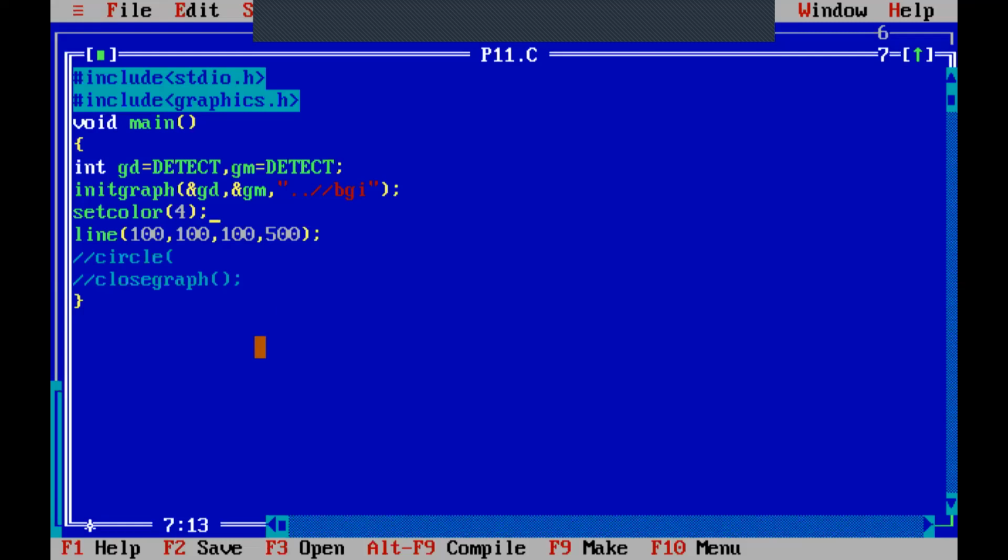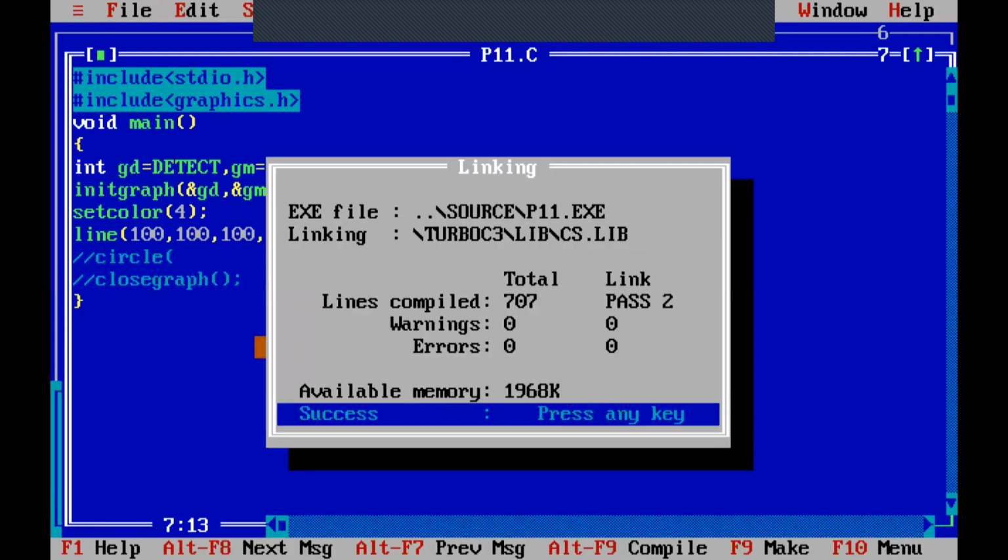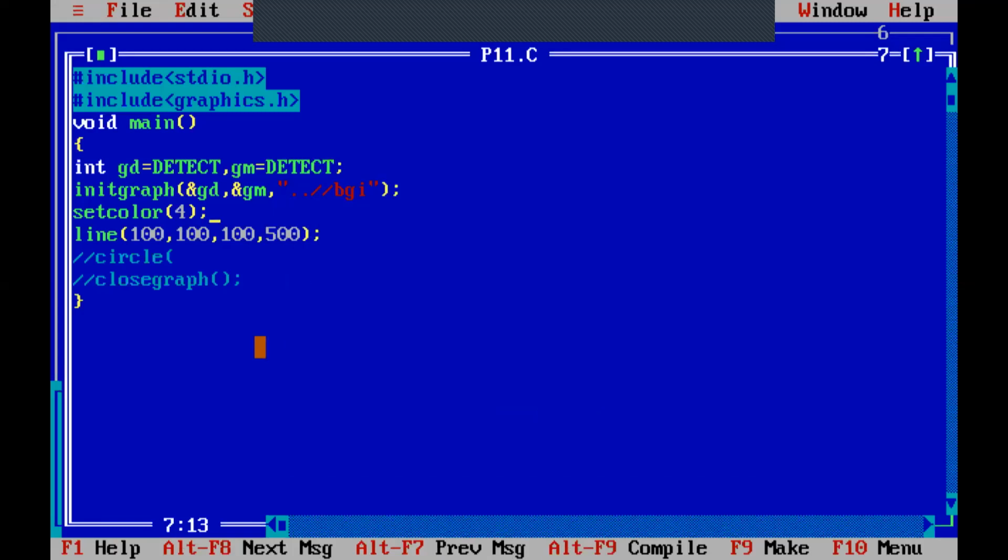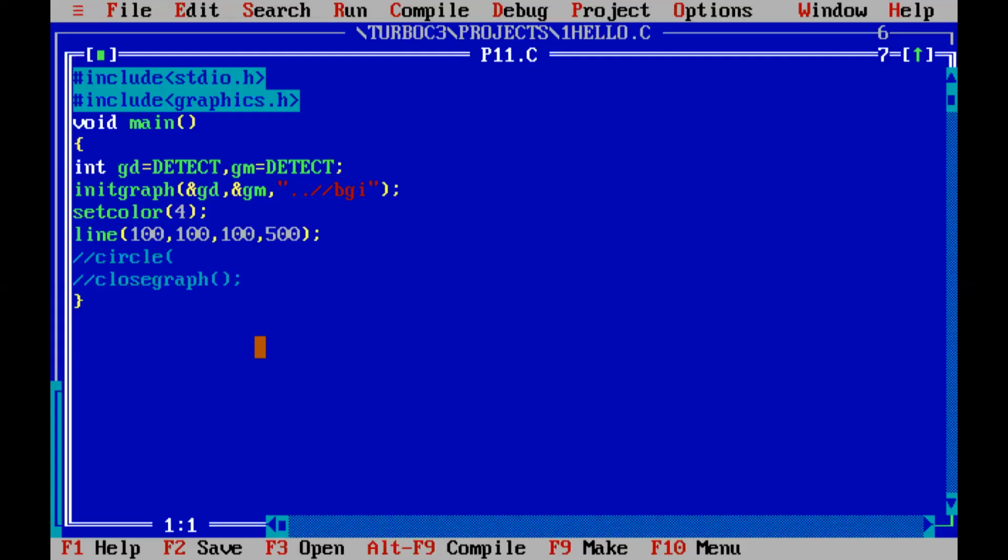So once I write set color 4, that means now on the output screen, red color is set. Just check what output we are getting. Okay. So the output that you are getting is a red color line because we have set the red color for it. Similarly, I can set some other colors also.